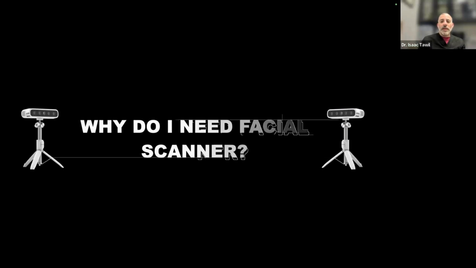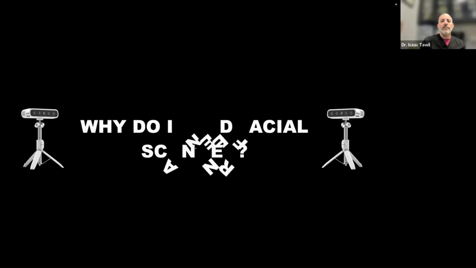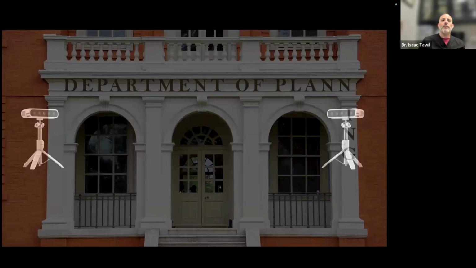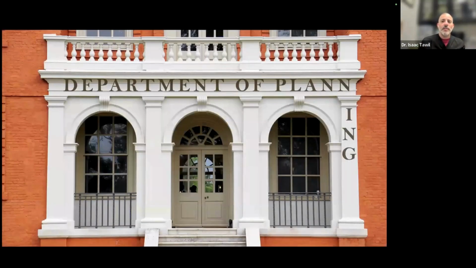So why should we even think about a facial scanner? A facial scanner has been a dramatic improvement to my cases, especially when it comes to full arch. Having the facial scanner is really helping me plan my cases properly. You can see as they were planning the building here, they didn't plan the name very appropriately, and the lettering is coming down the side. That cannot happen in dentistry. We cannot start saying, well, we can just keep going and keep adding teeth onto the right side. It's not predictable. What we need is something that is more predictable, more reliable.